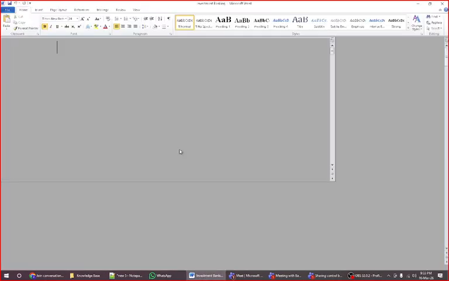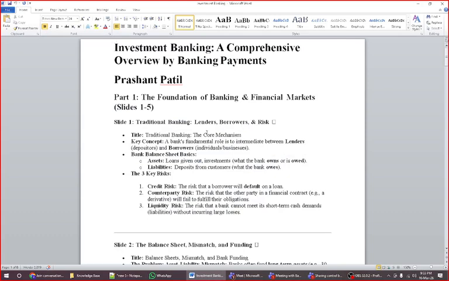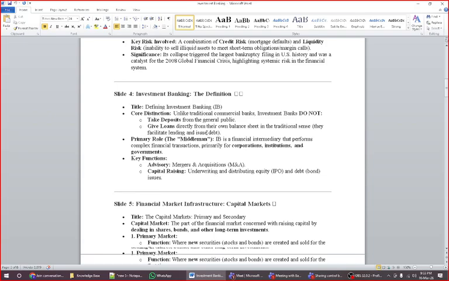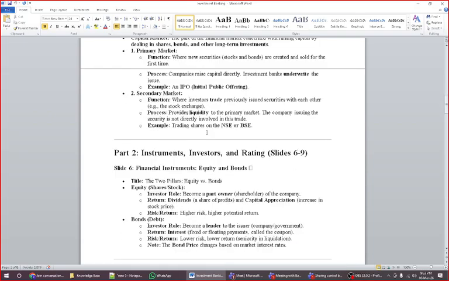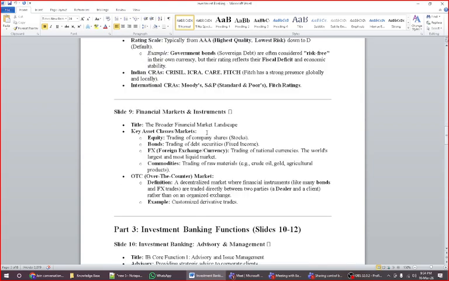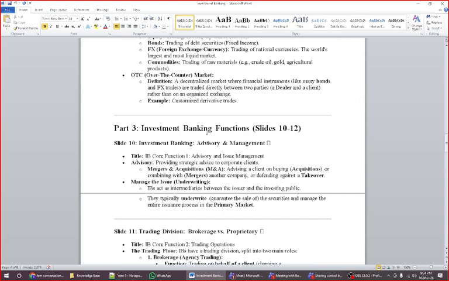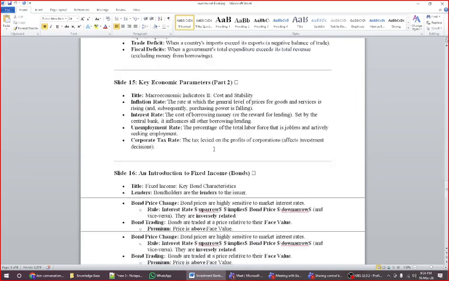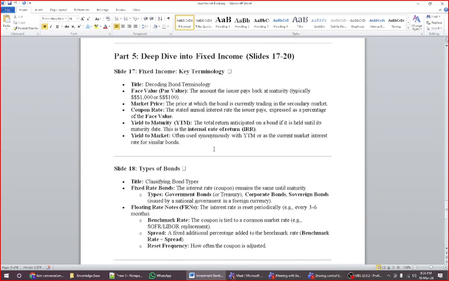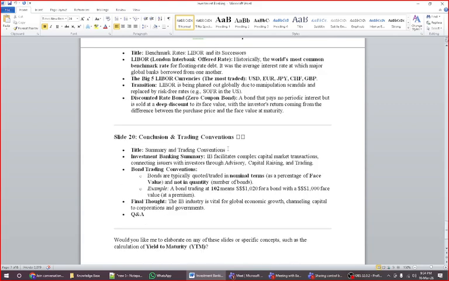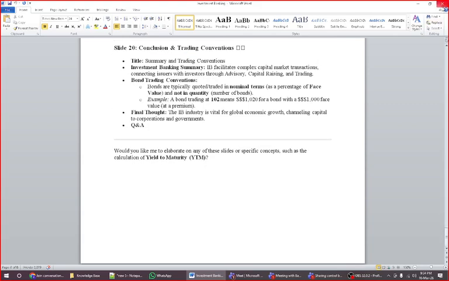There is one more concept called investment banking. As I told you initially, we are going to discuss some topics of investment banking: traditional working, mismanaged funding, the Lehman Brothers crisis, investment banking definitions, how the capital market works, what a hedge fund is. This does not directly help you crack the interview, but sometimes the job description mentions, are you aware of the investment banking concept or not? At that time this will help you understand the concept and give you confidence. Types of bonds, different types of trading, conversion, all this stuff will help you then. We are going to discuss that as well.